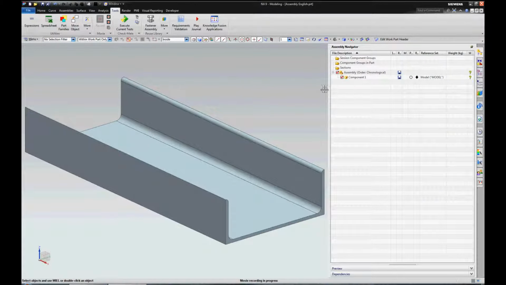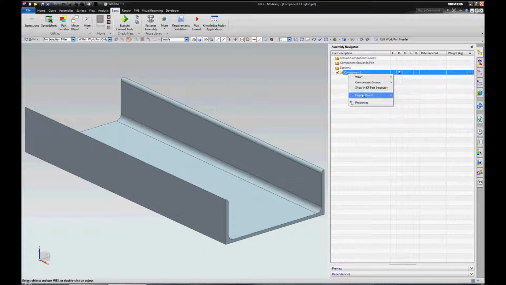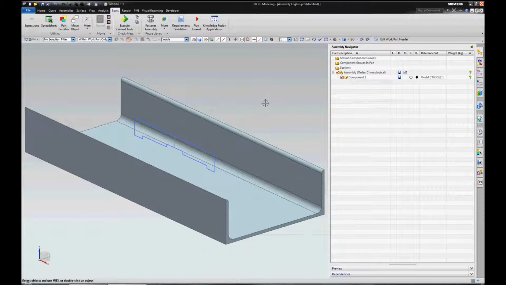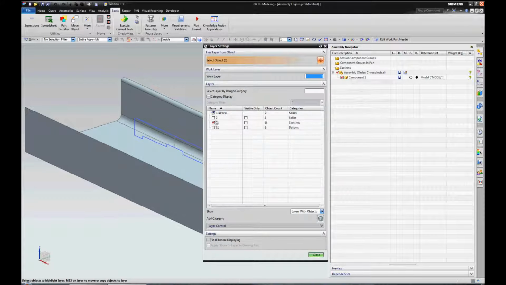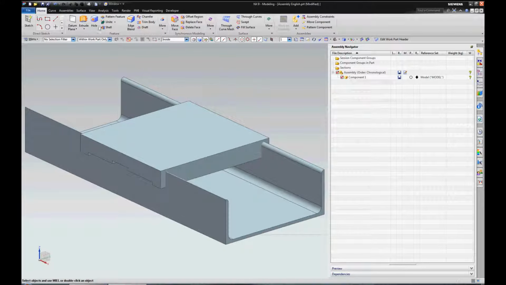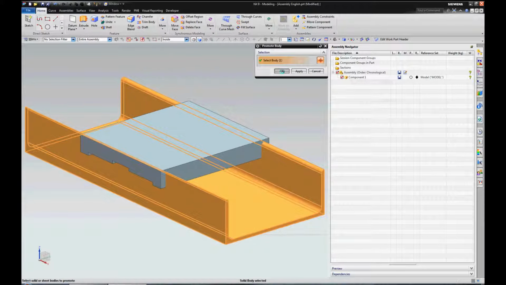Have a look at this simple assembly. It contains only one component, a simple model made in a traditional way. We are going to cut this component after assembly. For that we have a sketch and a simple body based on that sketch, which we will subtract from the component. But in order to be able to do the subtraction, we will have to first promote a component's body